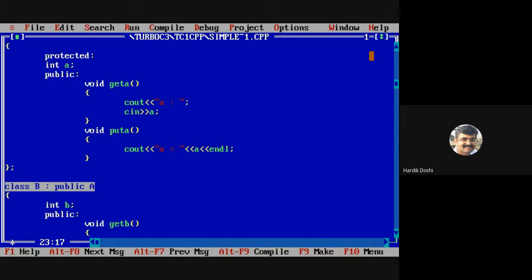Accessibility is done, but now I need to say to which section they should go in class B. These members which are accessible are now in B itself, but I need to decide in which section to place them: public, private or protected. So I need to specify which accessible members of A are placed in which section. Why public? Because I have said public.